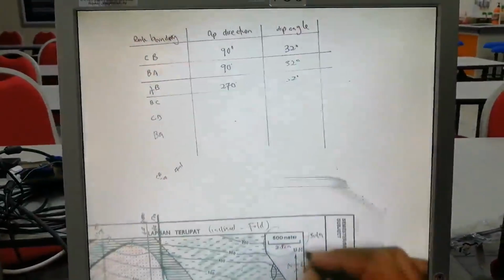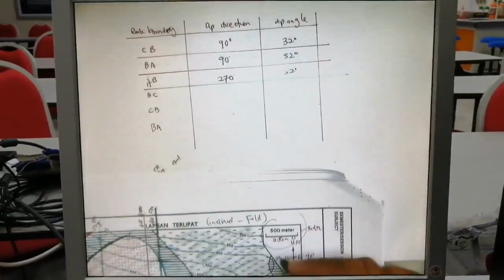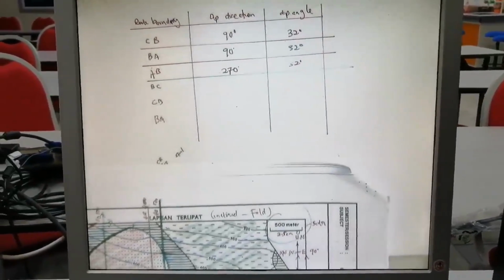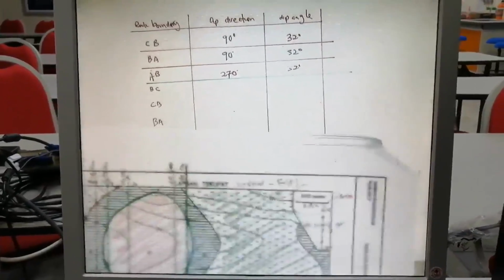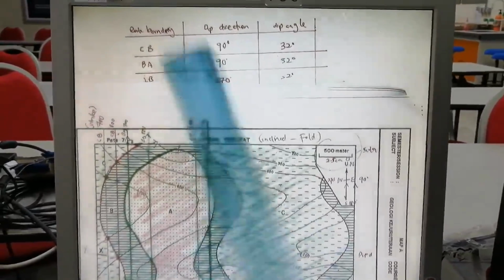For information, north is 0. East is 90 degrees. West is 270 degrees. South is 180 degrees. Okay. Now you continue your works up to this line. Draw this line. For BC,